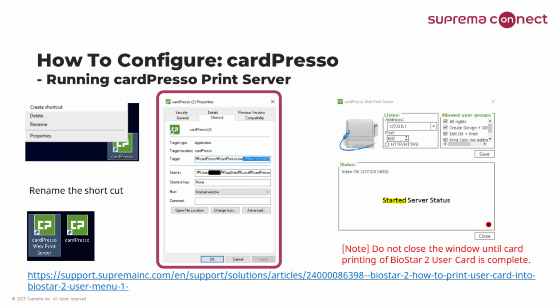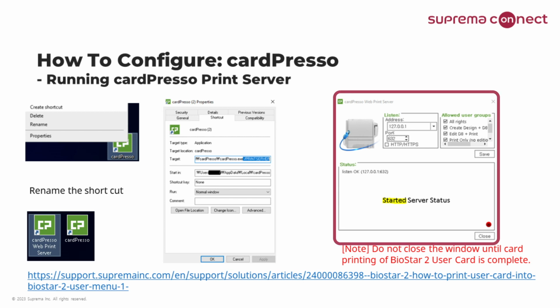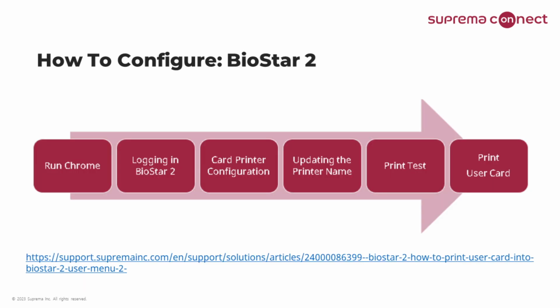Next, enter print server in the last sentence of the target path to be executed and save it. And the setup is complete. Afterwards, if you click the shortcut, the web print server will run. The process you checked earlier includes installing CardPresso, creating a card template, and running the CardPresso web print